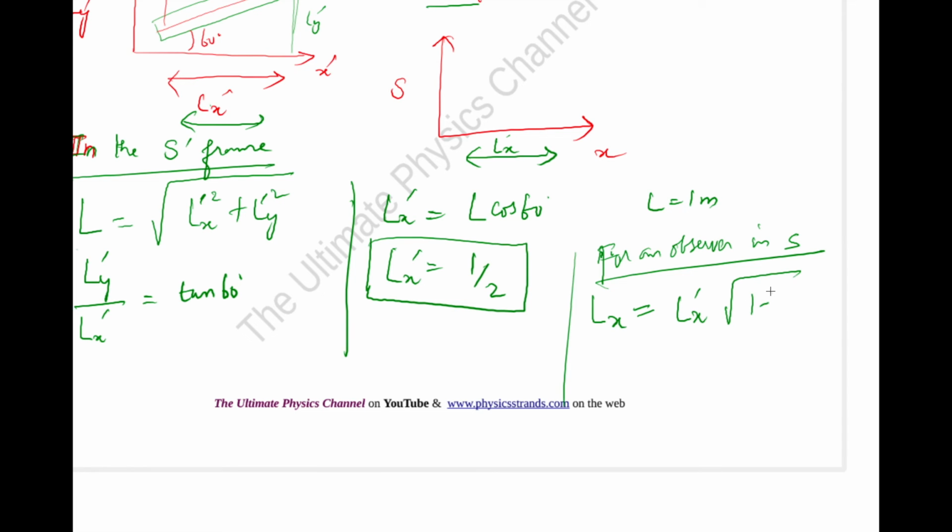So this is the length contraction formula that we have to use here. And therefore this is half we have calculated, Lx